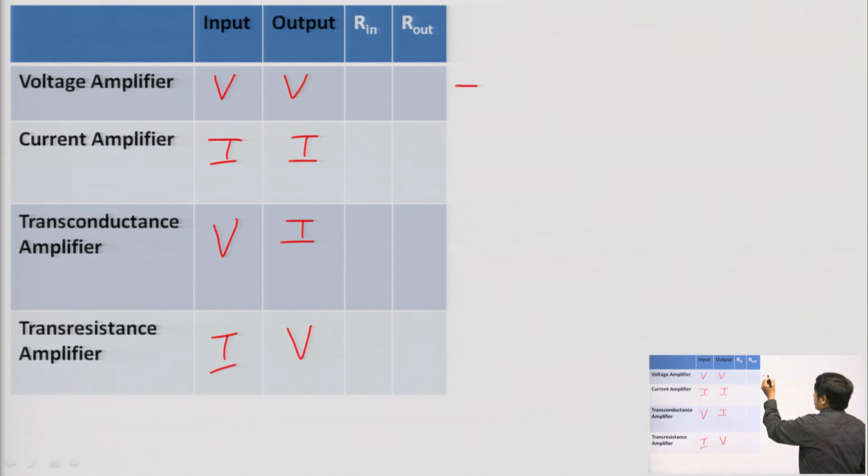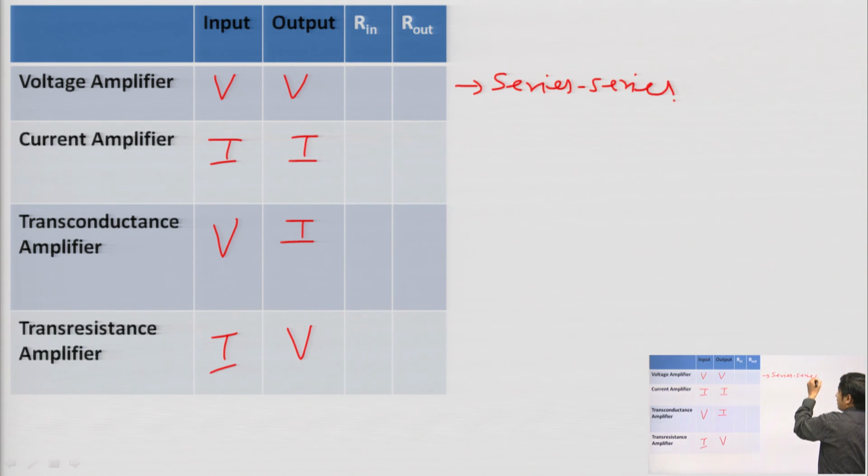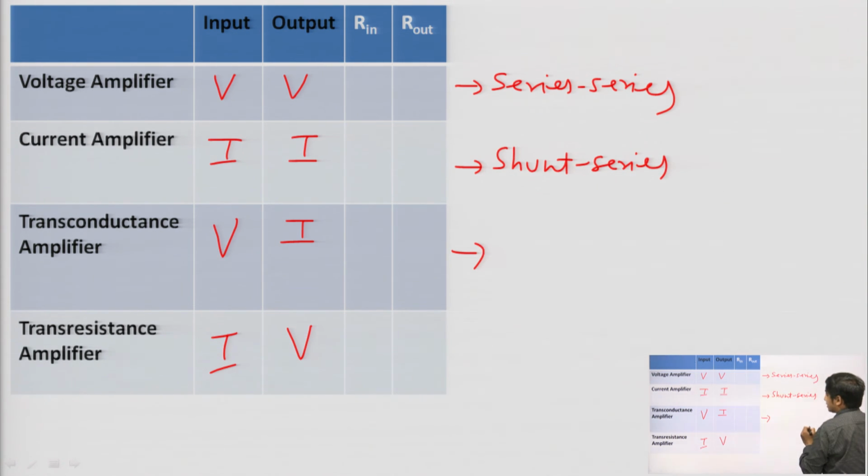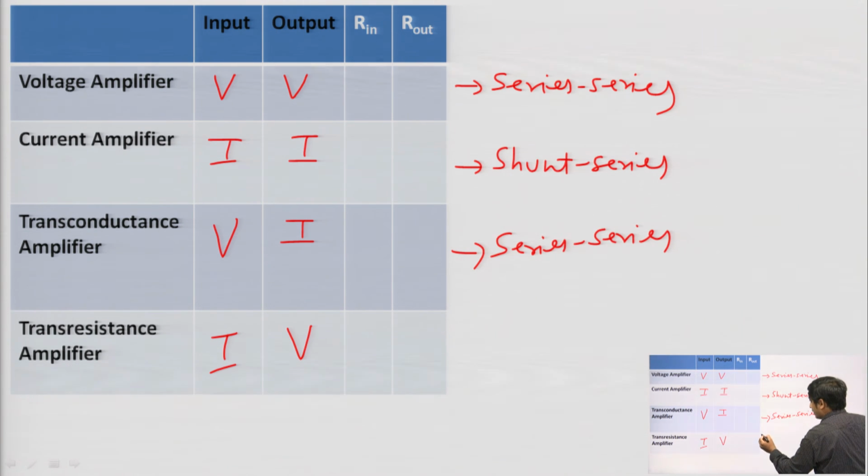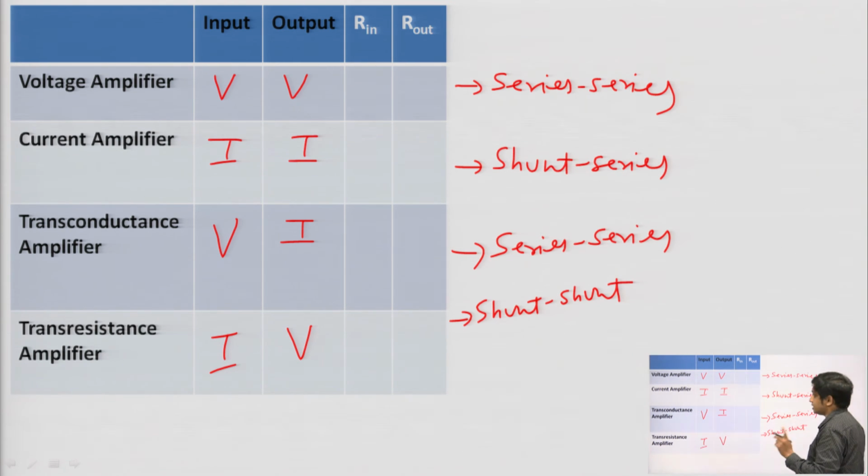And this voltage amplifier is also called a series-shunt feedback amplifier. The current amplifier is also called a shunt-series feedback amplifier. The transconductance amplifier is also called a series-series feedback amplifier. The transresistance amplifier is also called a shunt-shunt feedback amplifier. Now, although we will derive the expressions of input and output resistance for these amplifiers